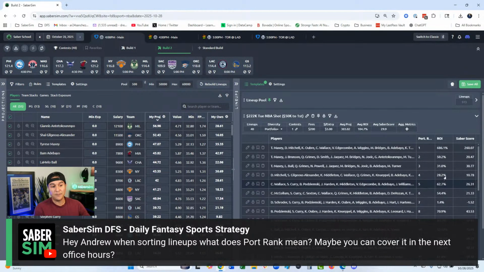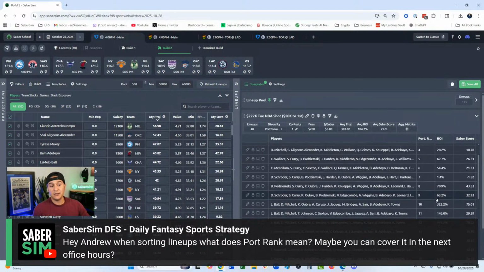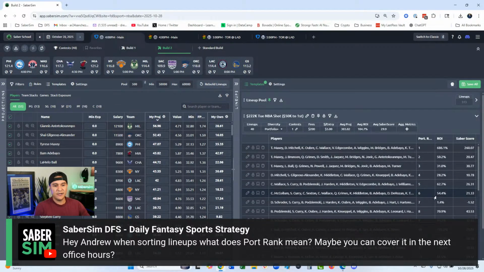The builder is opting for a lower ROI lineup, although still positive, over a higher one based on correlative aspects of the lineups' results. It's basically saying these two play better than these other two. It's still playing the other one, just a little bit further down with a couple other lineups ahead of it. So it's a very intelligent, new way of selecting your lineups,